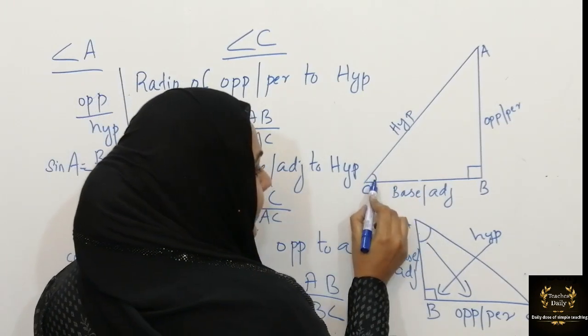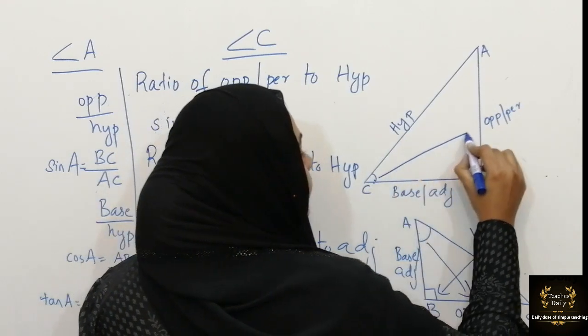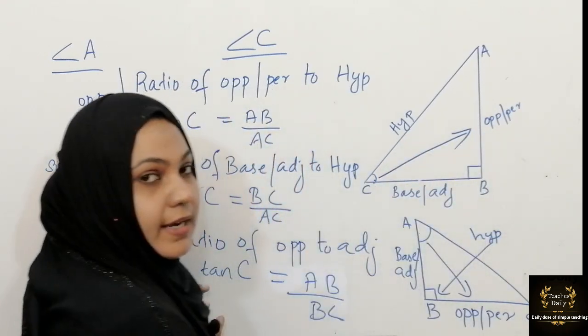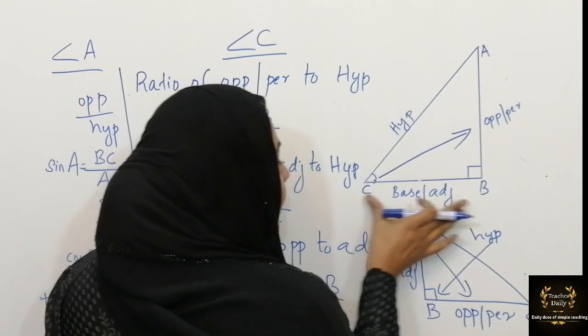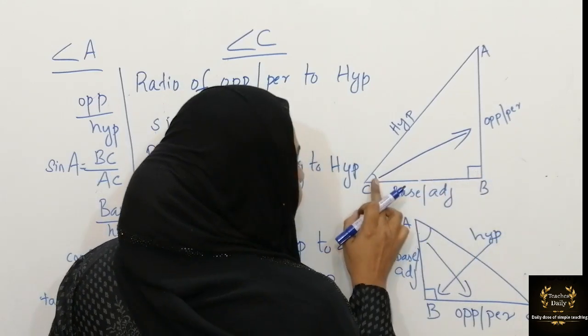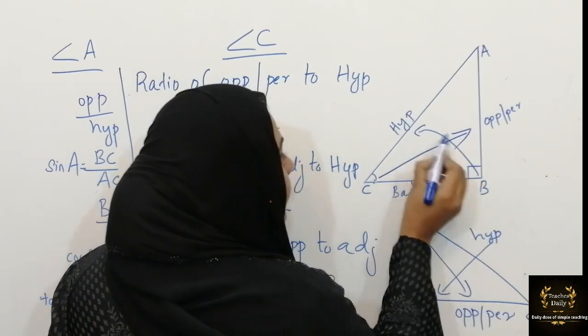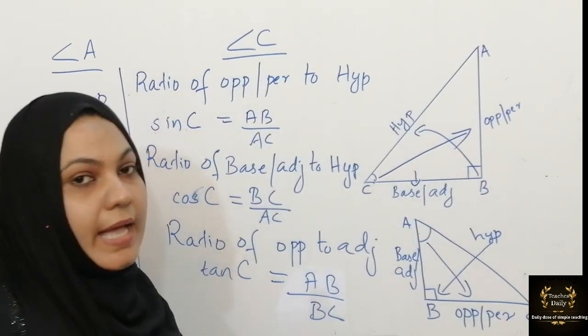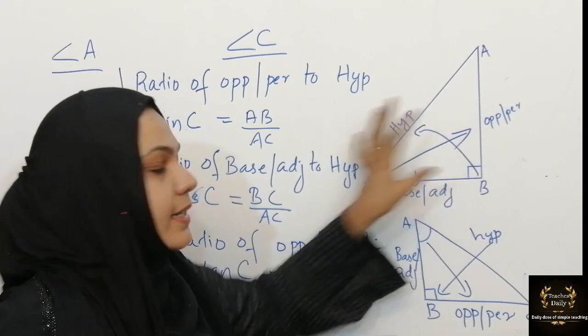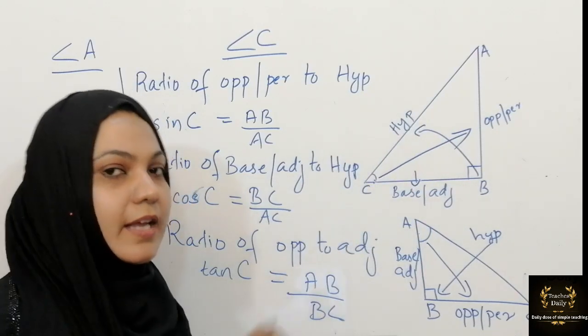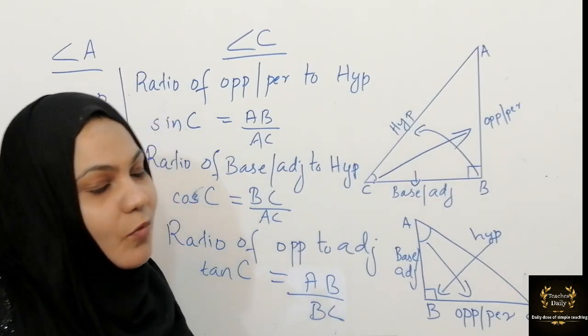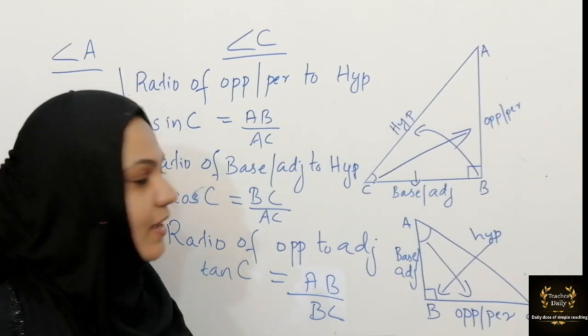Suppose look here at the reference angle. So you know that you have to draw like this for opposite. That time you won't get confusion. Similarly, you can see here 90 degree and reference angle. So this is your base. So you can mark here. Then opposite to 90 degree is hypotenuse. So first you have to mark in your right angle triangle. After that you can do your question. That time you won't get confusion. You will get full marks.